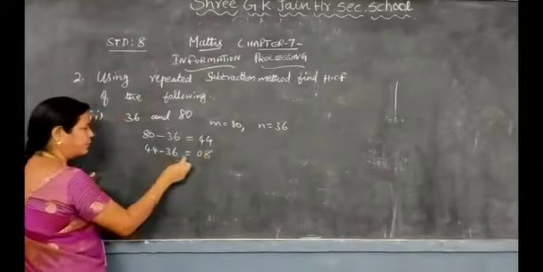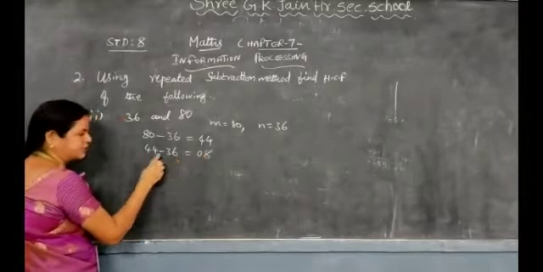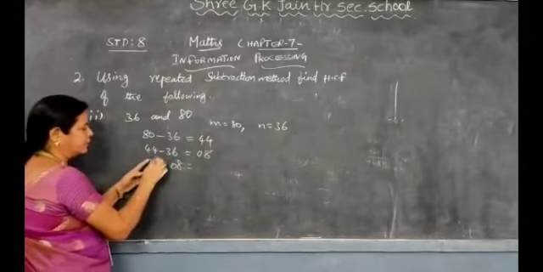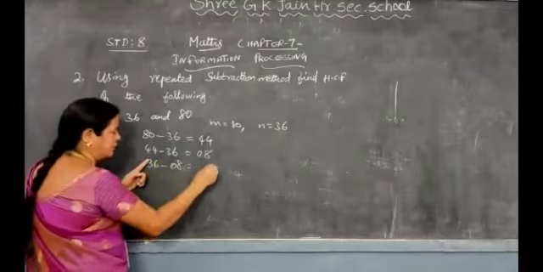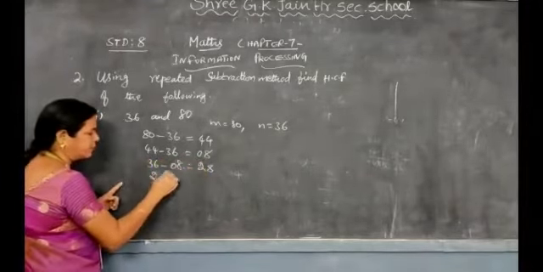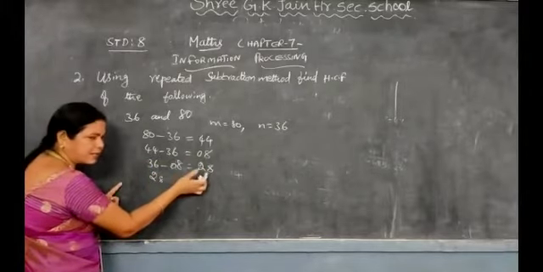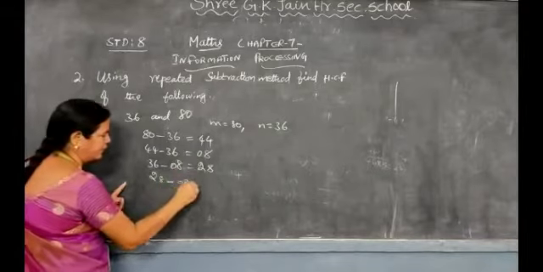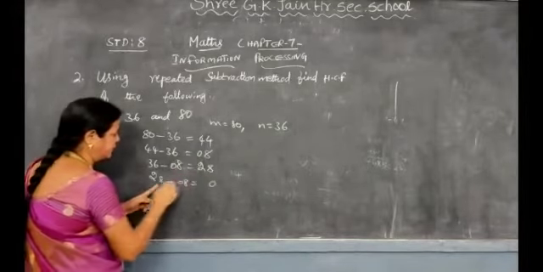Okay. Now from these two, which one is the bigger? 36. So 36 minus 8, then you will get 16. 16 minus 8, you will get 8. And here 2, so 2 as it is you put. And 20. Now these two numbers, compare this. This answer is the bigger number. So 28 minus the second number 8, then you will get 8 minus 8, 0.